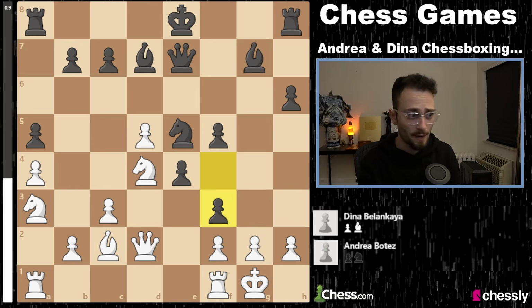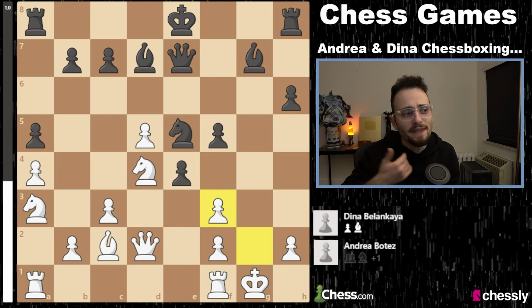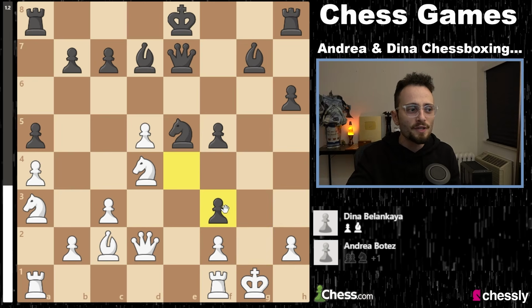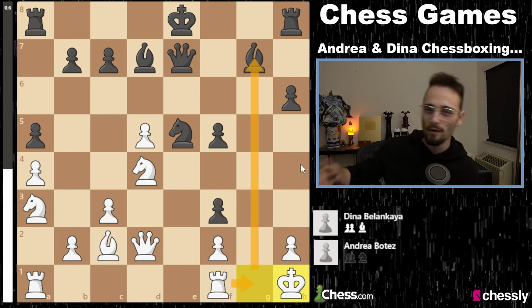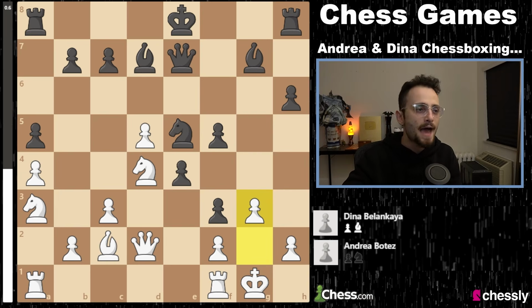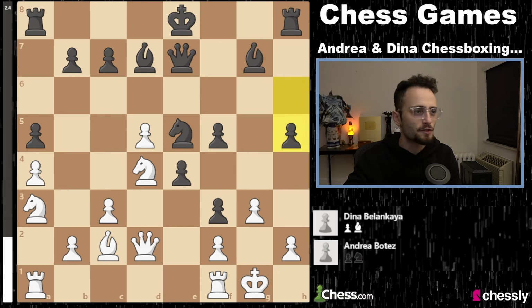She's busted because this looks horrible to defend and you're down a ton on time. The top engine move here is to open your king. I mean, that's not human. It's so hard to do that. The point is you do this, and then you know what you do? You just play king h1 and use the g file against your, I mean, you can't really play like that. You can if you're playing at home or on the toilet in the house, okay? Chessboxing is different. She plays g3 and now Dina plays here, and this is where I realized,